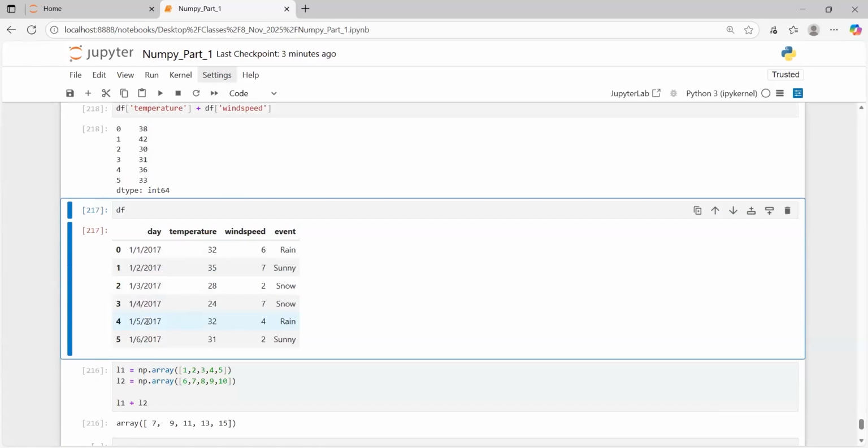Okay. Step 2. The task is very simple. What I want you guys to do is help me extract the mean of this particular temperature column. Mean of the temperature column. How you do it, I don't know. But use